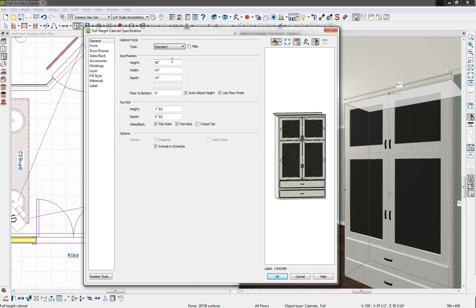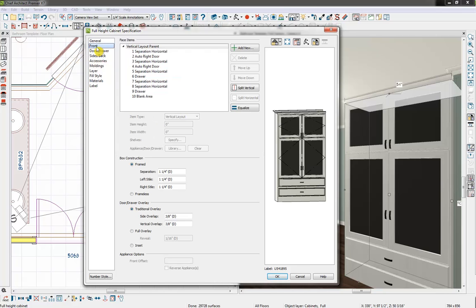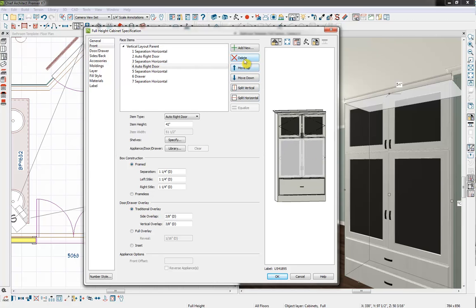So the height we want to be 94.5, and the width at 54, and then the depth we're going to make 18 inches. Then we're going to get into our front, and we're going to delete a lot of these. So we're going to delete this, delete it again, and delete this, and delete the opening. So now we have 2